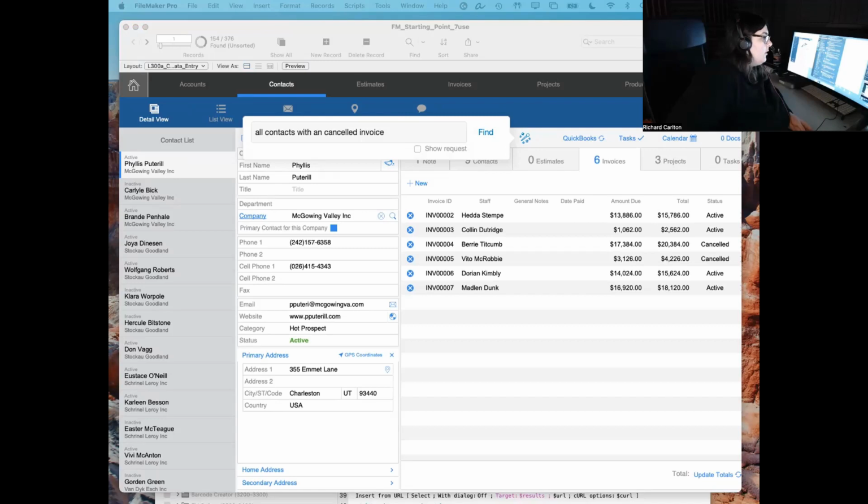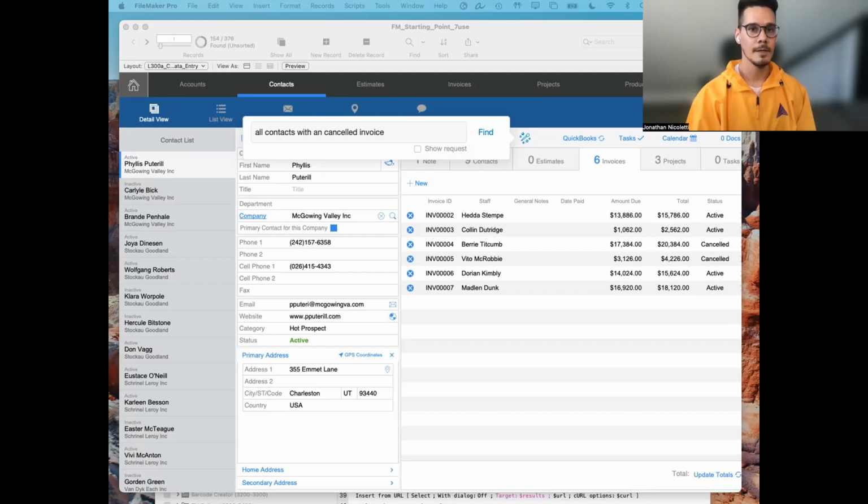I have a quick question, which might be a dumb question. Can it handle multiple find requests? Like if you say, hey, I know I just searched for California, but I want you to keep the California search and also search for Texas. Yeah, it can. So in this case, well, let's try it. So we found all contacts with canceled invoice. So we'd say